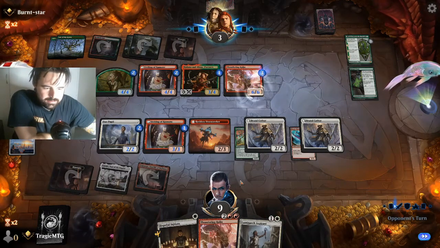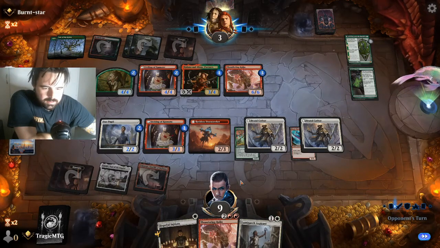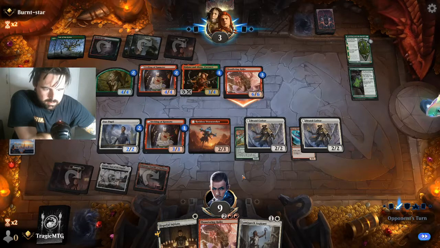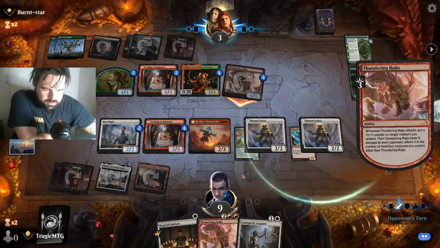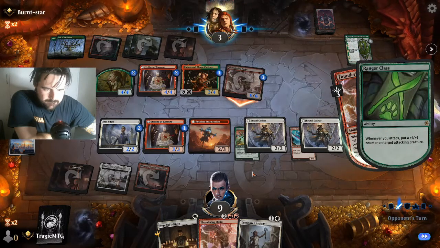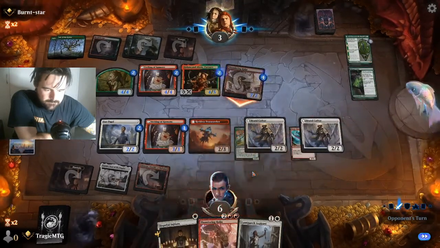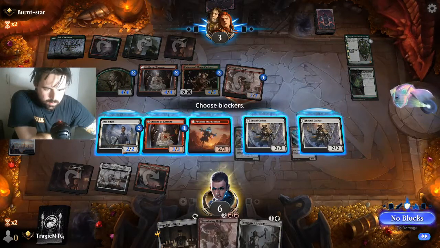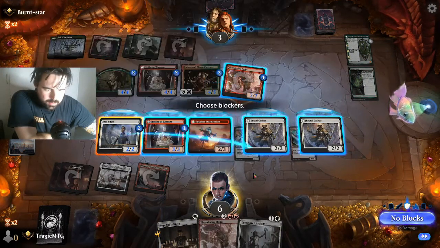Oh, unless they do that. They're going to deal 3 to my face, but they'll lose on the crackback. Raiju comes in, deals 3. Goes to a 7. We have to block, so we block with...